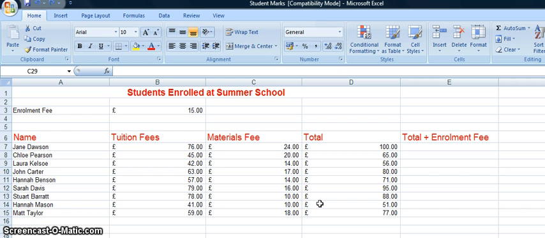Now there will be a time when you're copying a formula when you want one of the cell references to stay constant and not automatically change. Now in column E we're going to add an enrolment fee of £15 to the total. Now to do this, we can click onto E7,